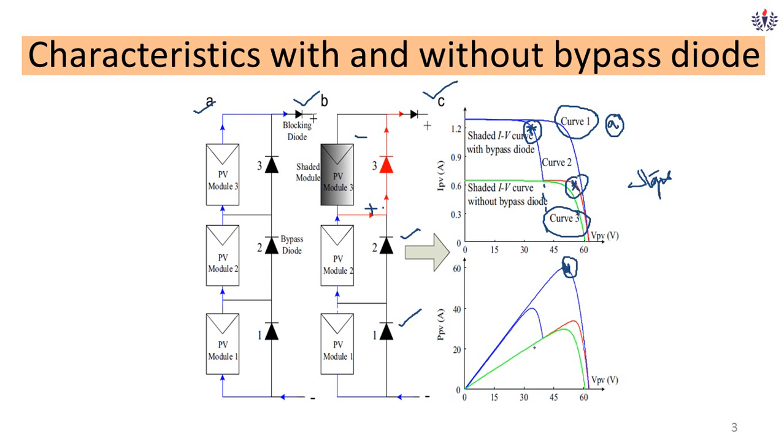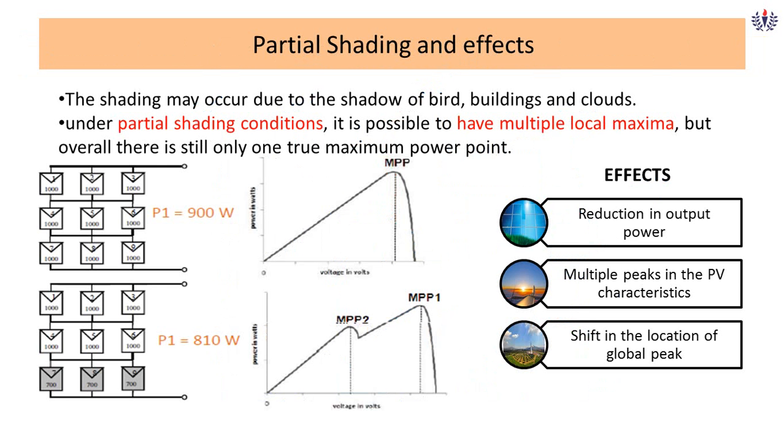The green color line in the PV characteristic shows it is limited. Why? Because the influence of the shaded module is now imposed on module 1 and 2, because of which your current is limited. Since current is limited, the power is also limited. Though the characteristic is very much non-linear and it is only a one-peak case, the amount of power available from the module is very little. That is why we always prefer the PV modules to be connected with bypass diodes. The necessity of bypass diode is also explained now, so that you can go through the required formats and diagrams. Now we will see the effects.